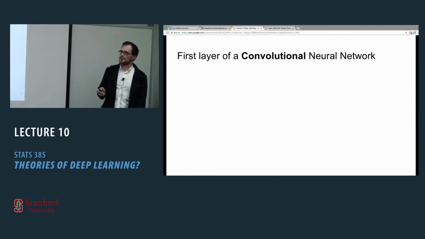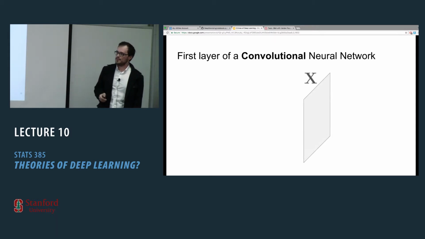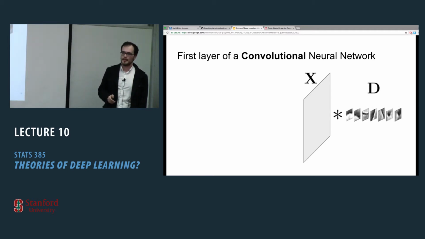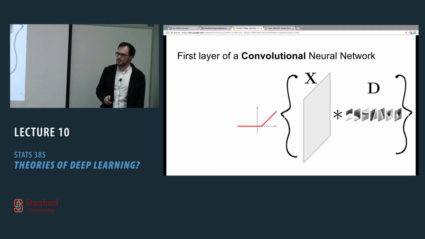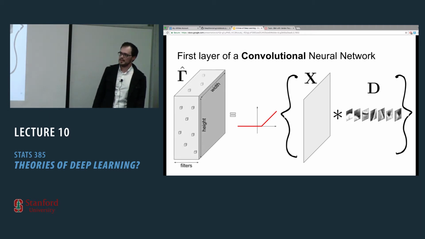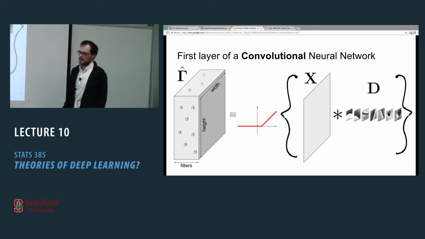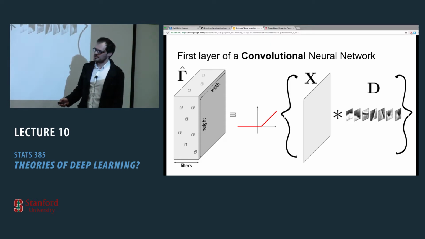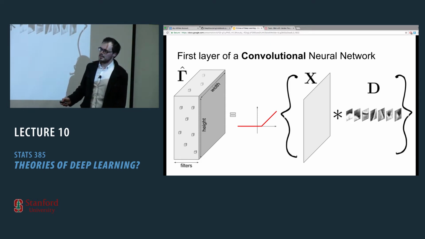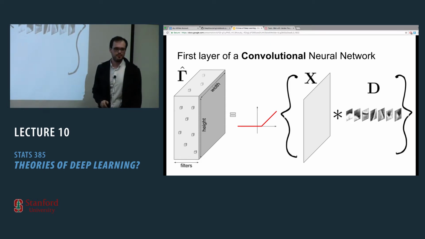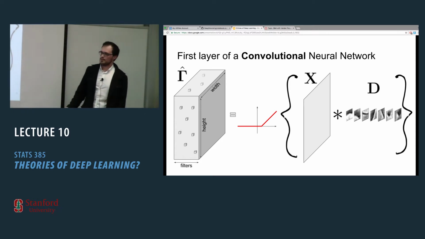OK, so now we move to the first layer of a convolutional neural network. The first layer of a convolutional neural network takes an input image X and convolves it with a bunch of filters. And then you obtain some three-dimensional feature map that you pass through ReLU. And then you obtain an estimated feature map. And basically these blocks that you can see here are places which are non-zero, that ReLU didn't kill. The question...